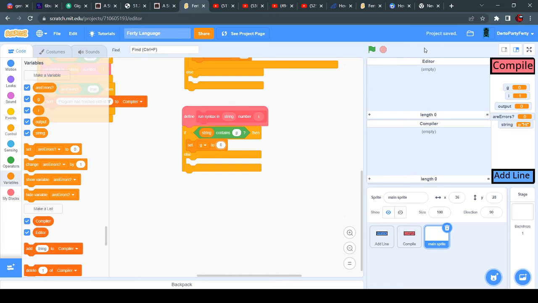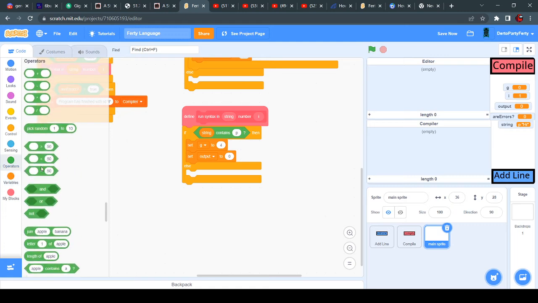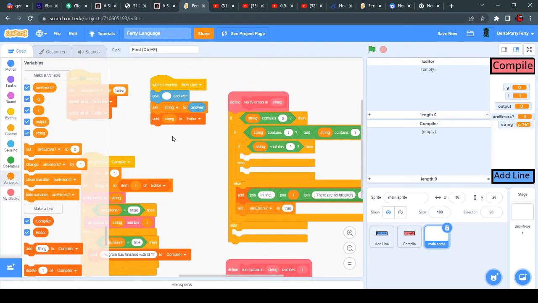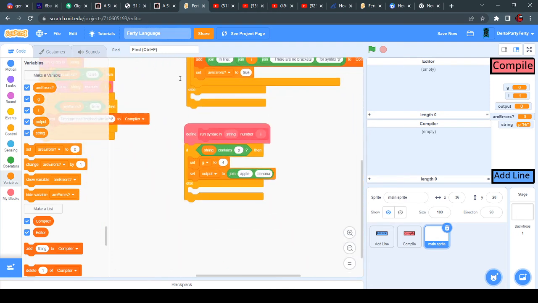So p is the first character, the first letter, the bracket is the second letter, and the other is the third letter. So let's set it to 3, no, to 4, and set output to join. But first let's start to set the output variable to nothing. So it's gonna run it, output,